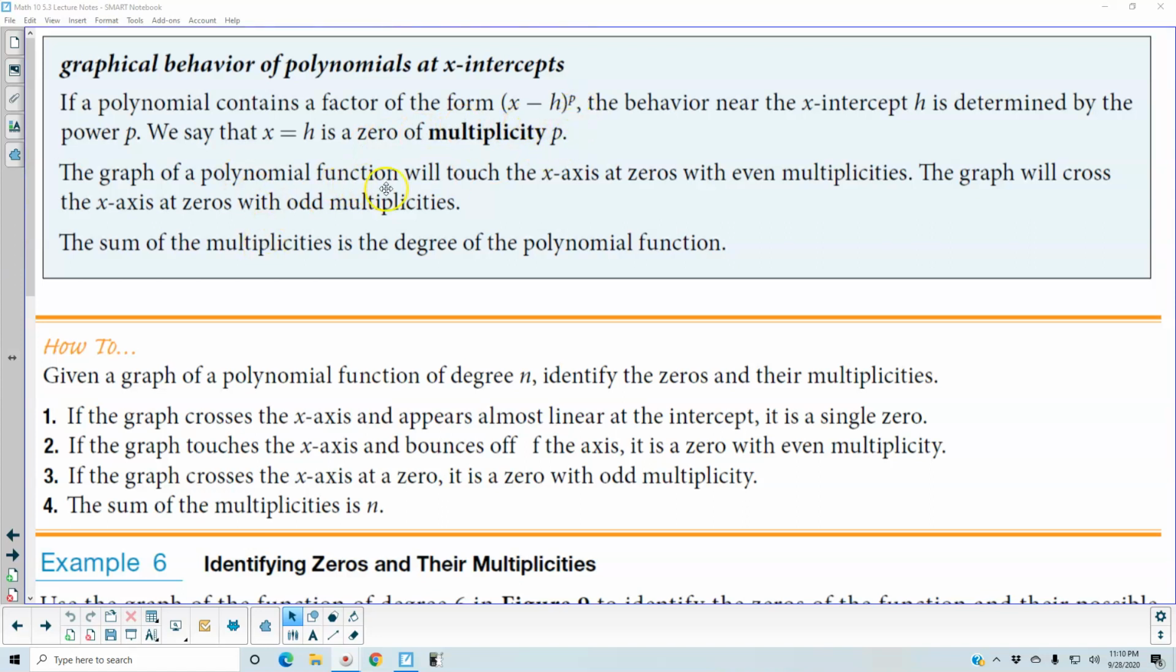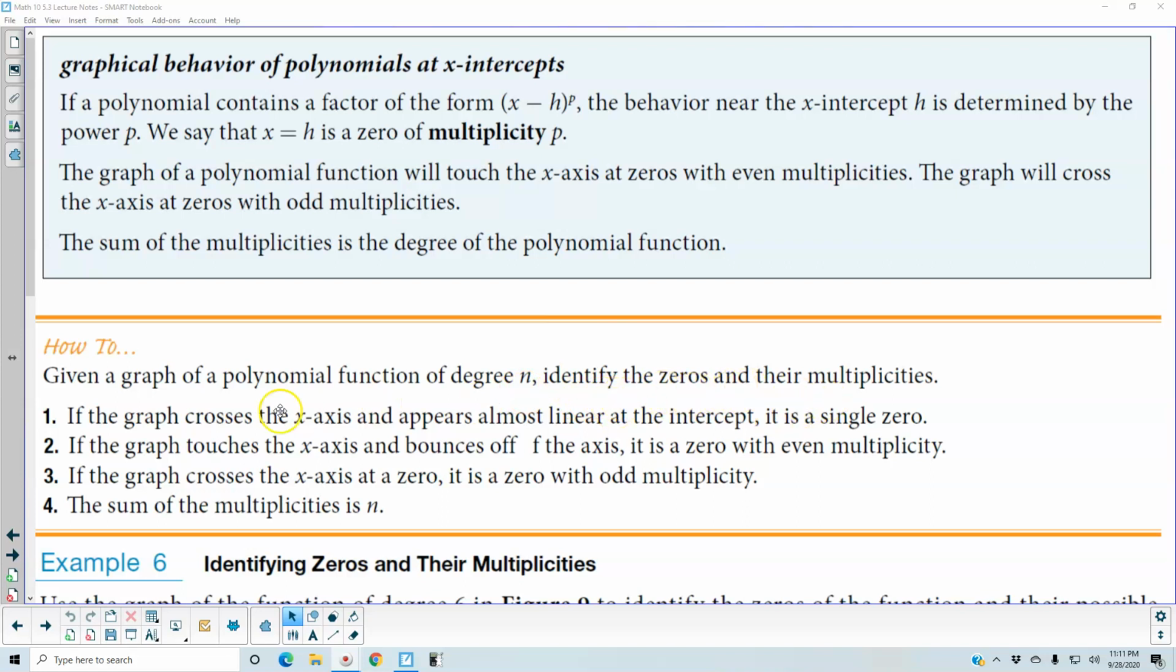The graph of the polynomial function will touch the x-axis at zeros with even multiplicities. The graph will cross the x-axis at zeros with odd multiplicities. The sum of the multiplicities is the degree of the polynomial function. Now, if we're given a graph of a polynomial function of degree n, we want to identify the zeros and